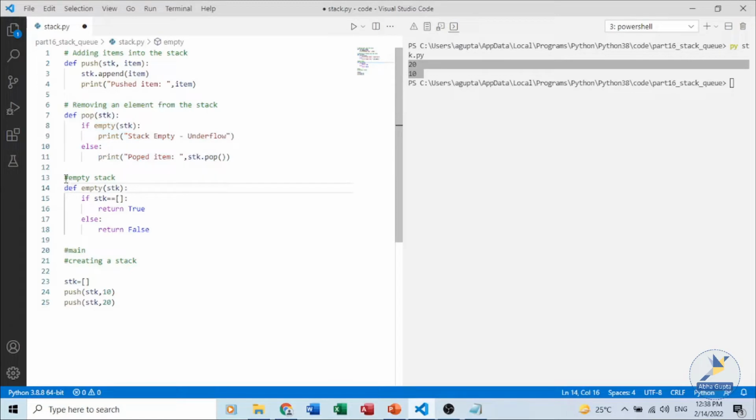Now my empty stack function, it is checking if the stack is empty. If there is no data in my stack, it is returning true. So in this pop function, if true, it will show me underflow situation, else it will return false, and it will come in the else part where it will pop an item and show me the data. To check this